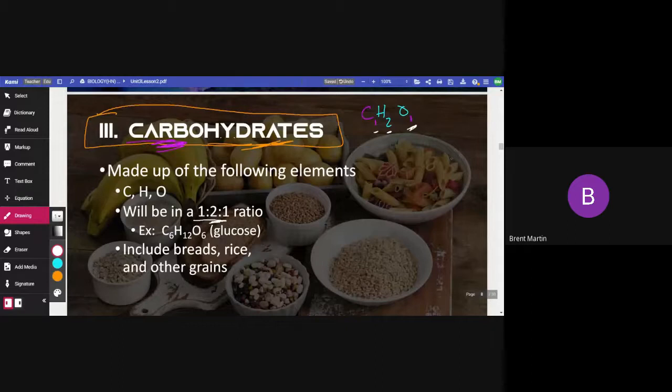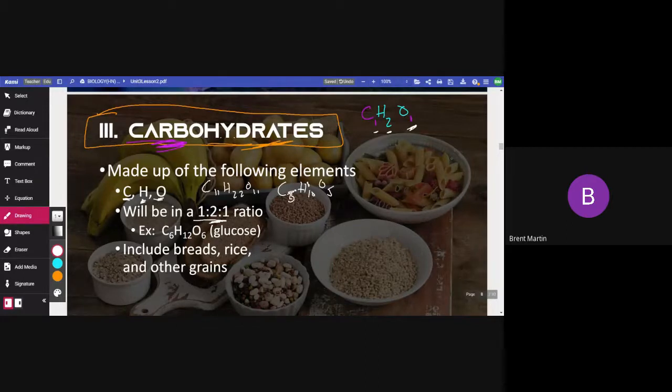1 to 2 to 1. Do y'all see that? For every 1 carbon, there will be how many hydrogen? And for every 1 carbon, there will be one oxygen. So it might be something like C11H22O11. Would that be a carbohydrate? Absolutely. What about C5H10O5? Would that be a carbohydrate? Is that 1 to 2 to 1? Yeah, it is. For every 1 carbon,